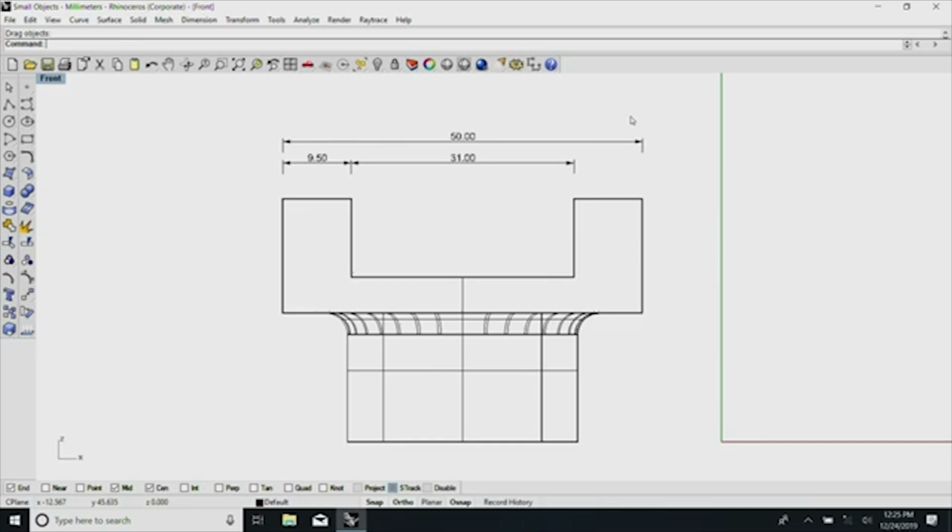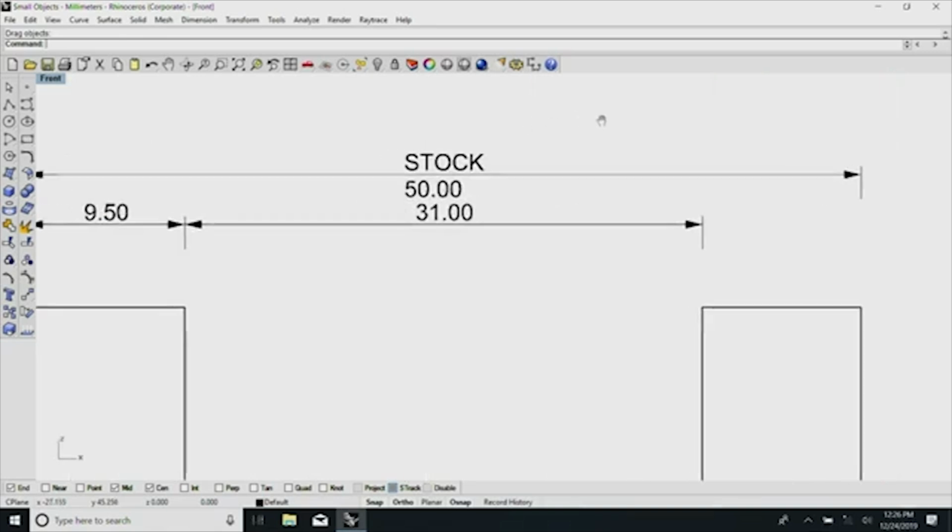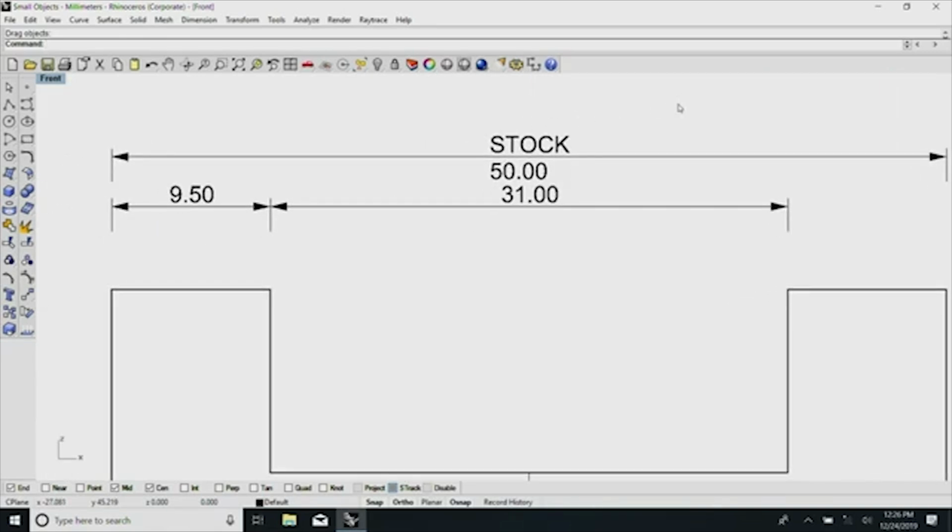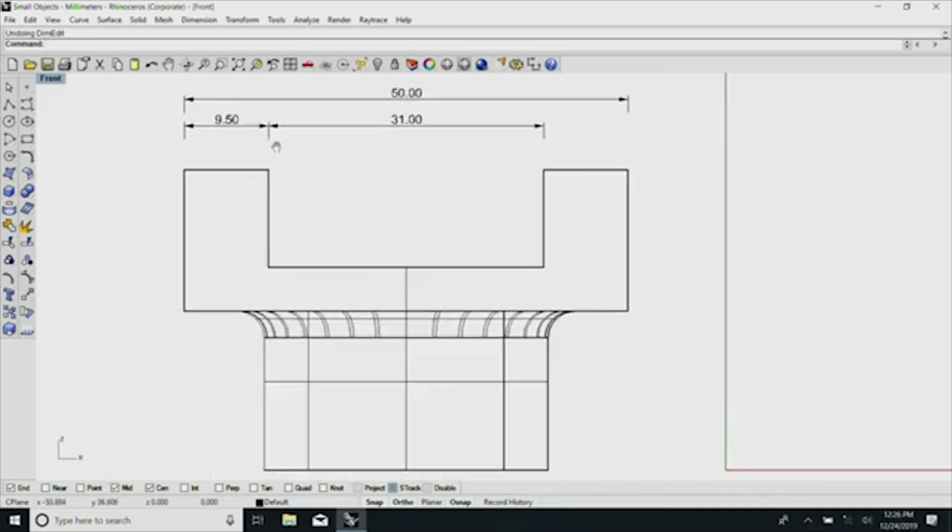I have tried to keep whatever I have shown you. I take a stock material of 50, then I add one limb here and one limb here. Here there is a provision, see here something has got added, saying this is the basic stock material, meaning we do not need to inspect it and carry out any other operations on that. Same thing here. Now we come to the depth of the groove and the height of it,